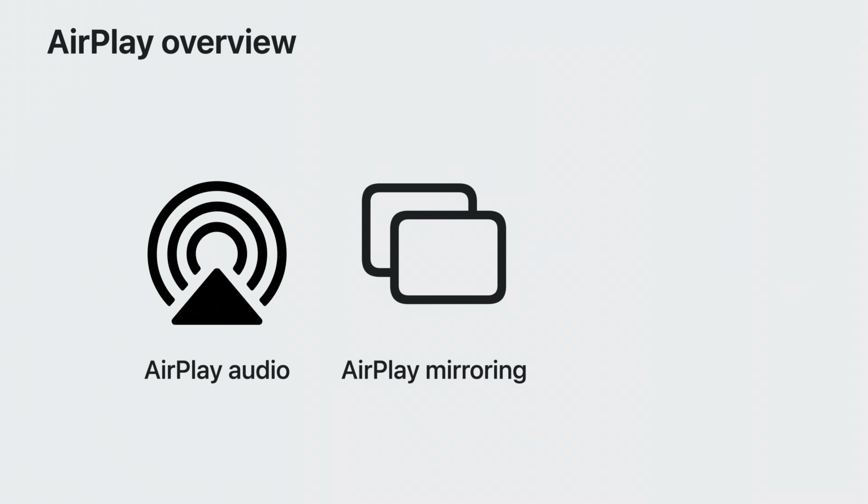You can use AirPlay in one of the following ways. AirPlay audio. If you have more than one HomePod or AirPlay-enabled speaker, you can enjoy your favorite music or podcasts throughout your house in perfect sync. For more information on AirPlay audio, you can check out the session Tune Up Your AirPlay Audio Experience by my colleague Kelly. AirPlay mirroring allows you to share anything from your iOS or macOS screen, such as websites, presentations, and spreadsheets to AirPlay receivers.